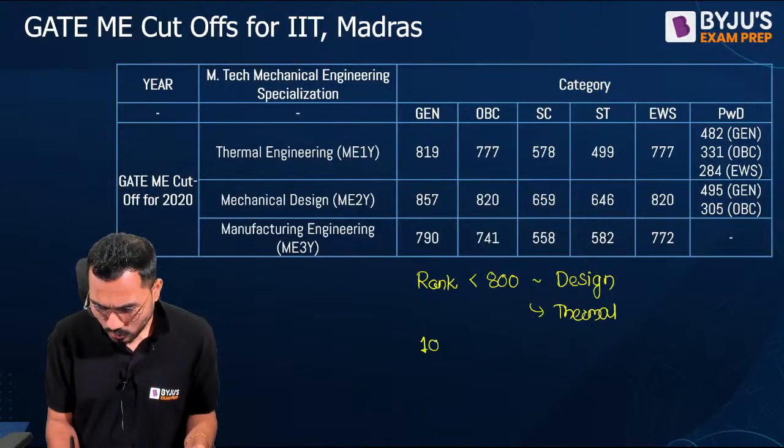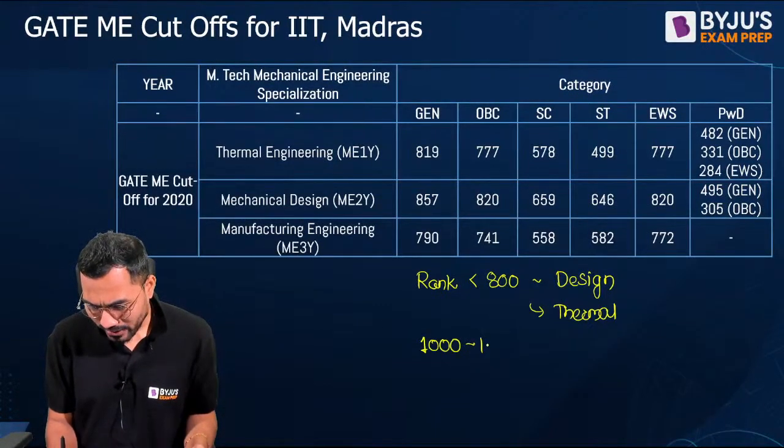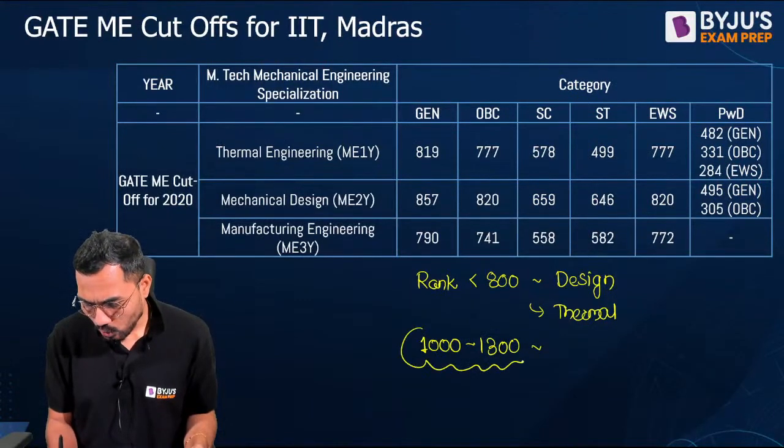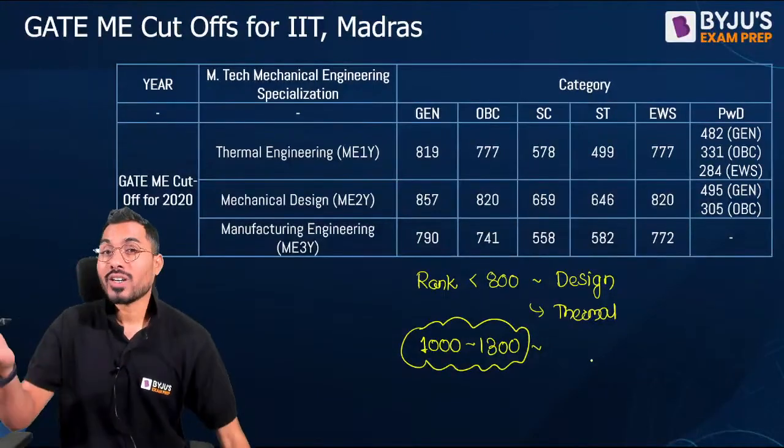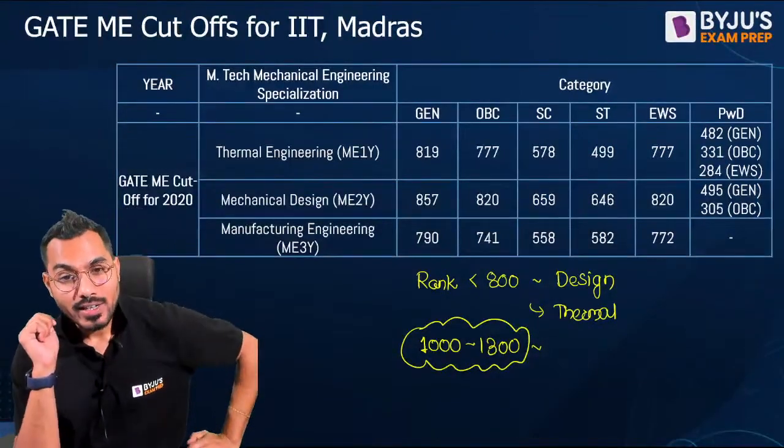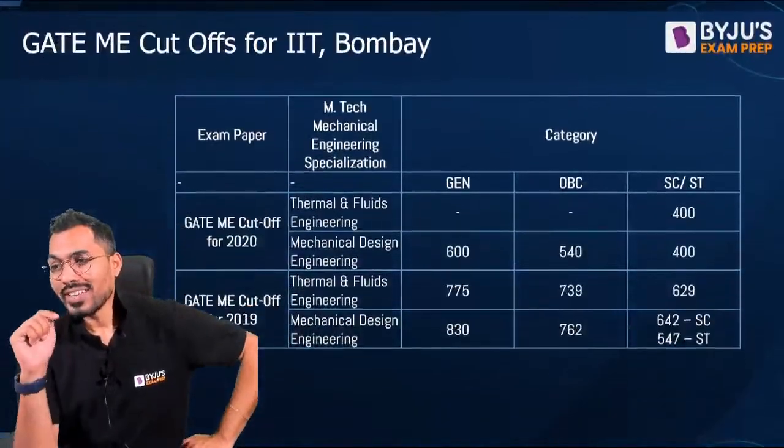If your rank is 1000, or 1200 or 1300 even, you will get a good NIT, and you will get design or thermal also, no worries. It depends upon your category also, right? Fine. You can go and check IIT Bombay,